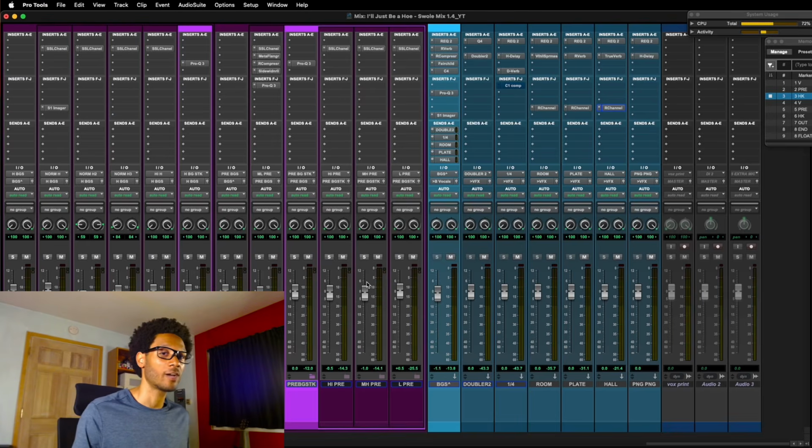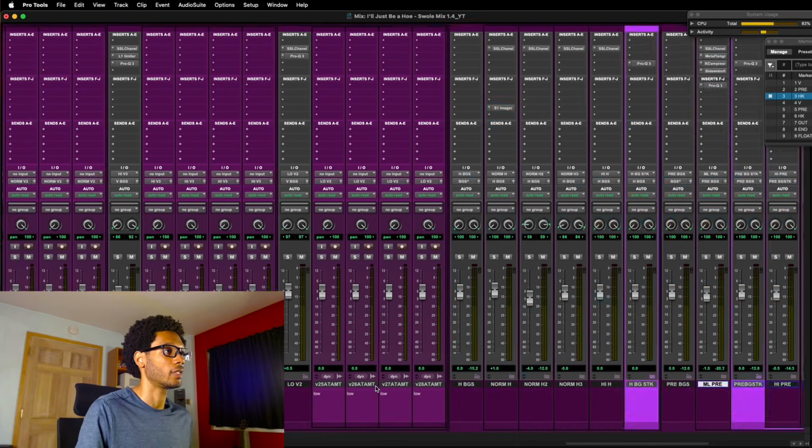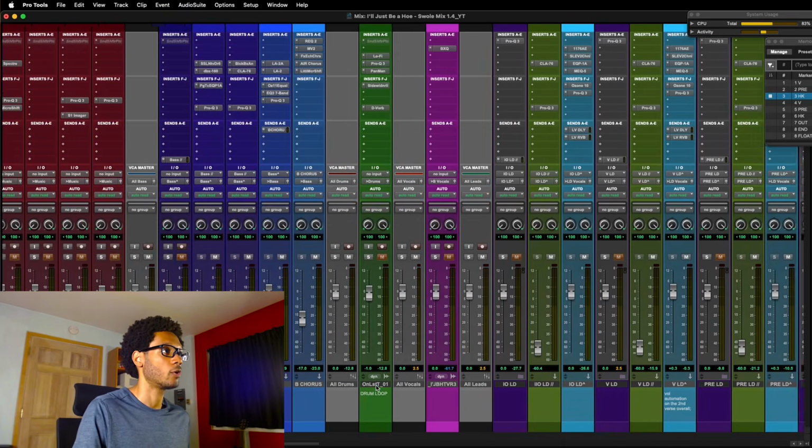Now, the fifth and final mistake that I see is people having way too much of the effect on their background vocals or ad-libs to where it's super distracting. And now the lead vocal is getting lost. So you want to find that balance. Again, it's a level thing. A lot of mixing is just correcting the levels. In this case, if we play these vocals soloed,